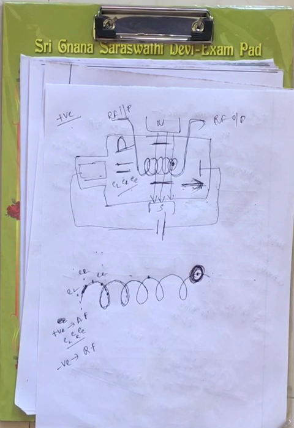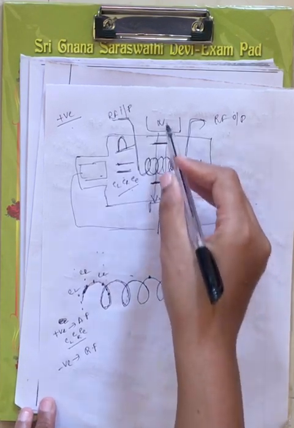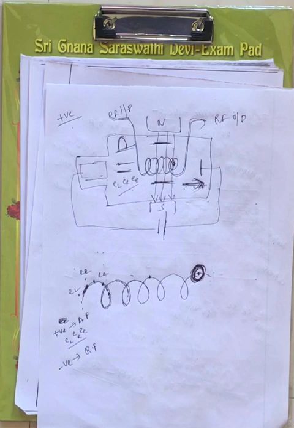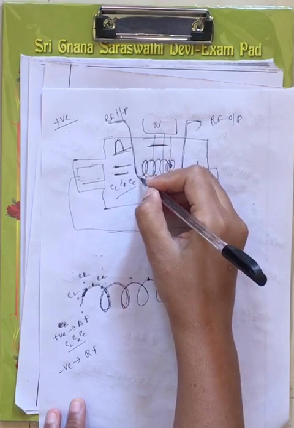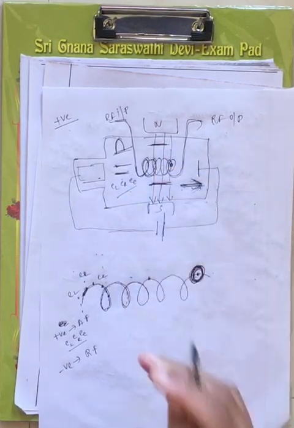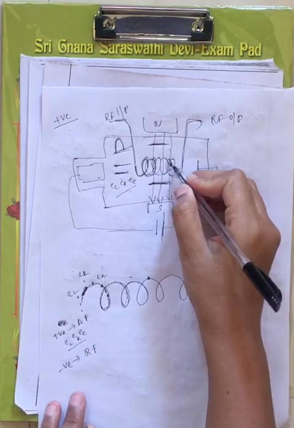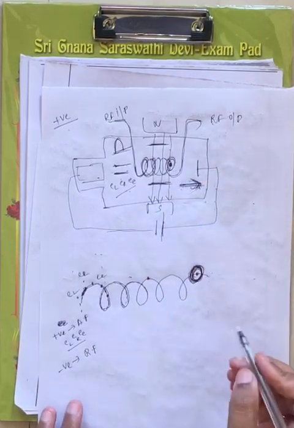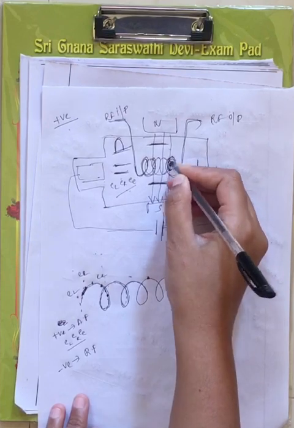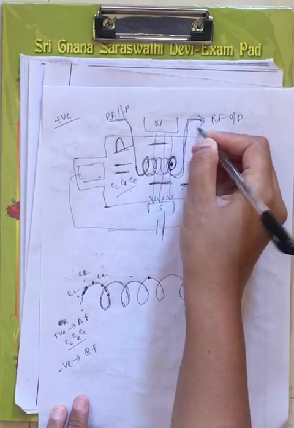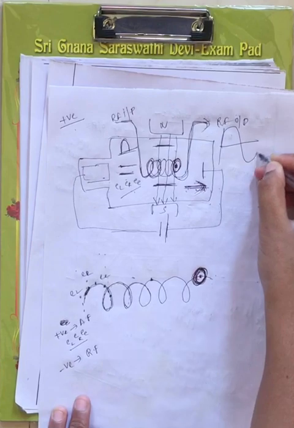For the positive half cycle, the direction of the electron is in this direction and the magnetic field is in this direction, hence the accelerating force will act on the electron, whereas for your negative half cycle, since it is negative, repulsive force will act on the electron. Now as the electrons travel along this slow wave structure, the gap between them decreases and finally they form an electron bunch here. This will result in amplification of the signal, and the amplified signal is collected at your RF output.